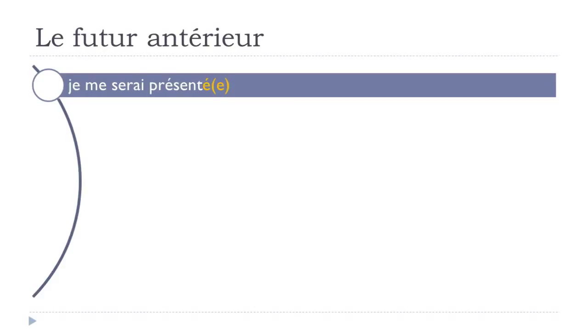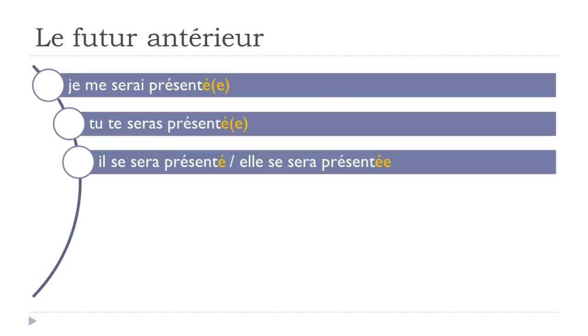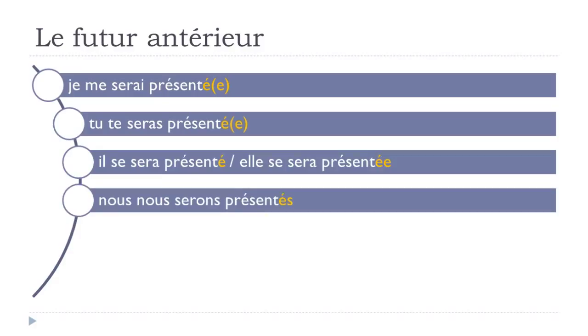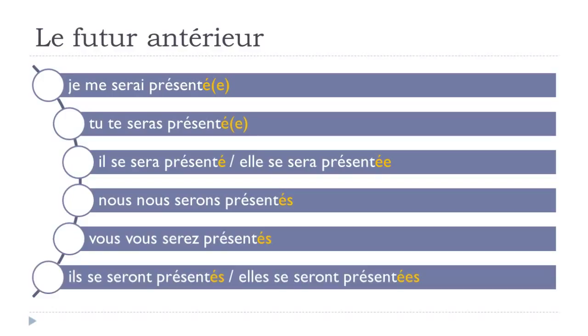And now we saw at the beginning of this video that all the reflexive verbs require être as well, but then remember that the conjugation is a bit more tricky because you've got to use these me, te, etc. So let's see how they go when you put them at the futur antérieur. So, je me serai présenté, tu te seras présenté, il se sera présenté, elle se sera présentée, nous nous serons présentés, vous vous serez présentés, ils se seront présentés,